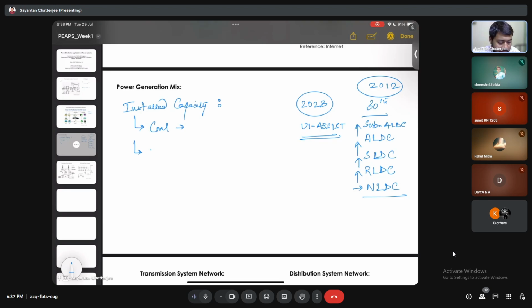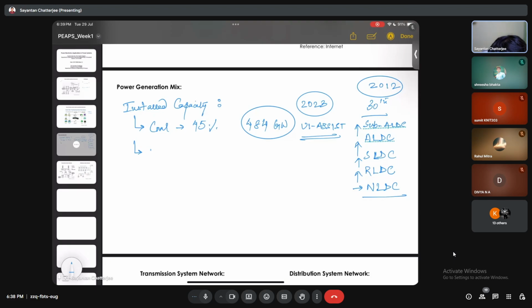Loads vary, but in total I would say 484 gigawatt is the demand, and from coal it's around 45%, I would say. It is still installed, and from the renewable side,